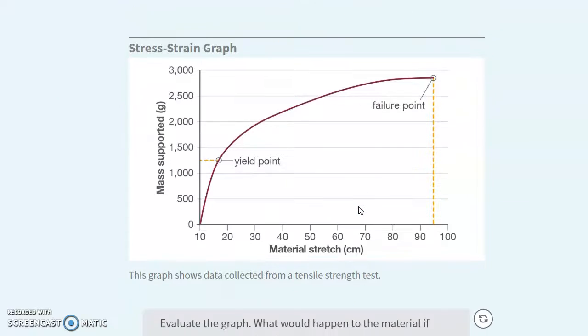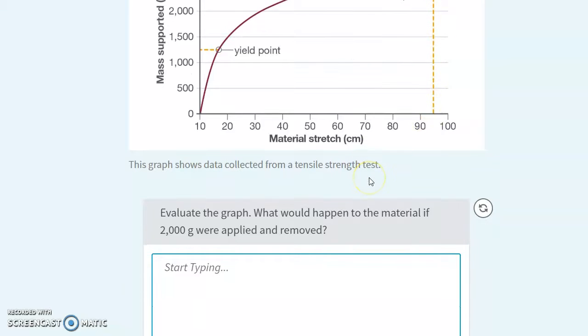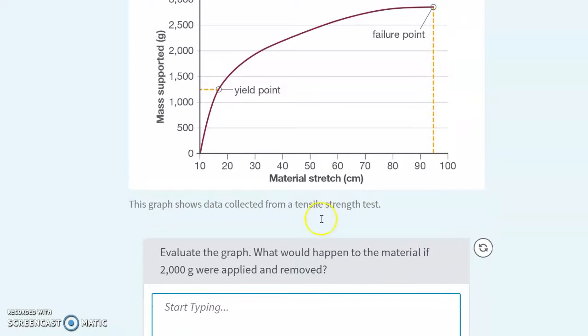It's talking about that plastic being stretched out. So here it is, it's stretching out, it's doing a great job. It starts to slow down. If you guys are watching the video, it's slowly breaking apart, but you can still stretch it, and then it breaks, right? So what would happen if 2,000